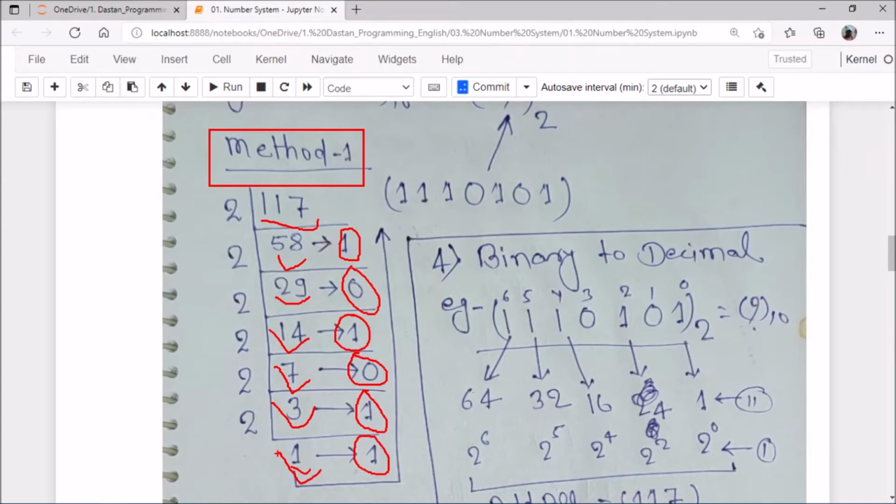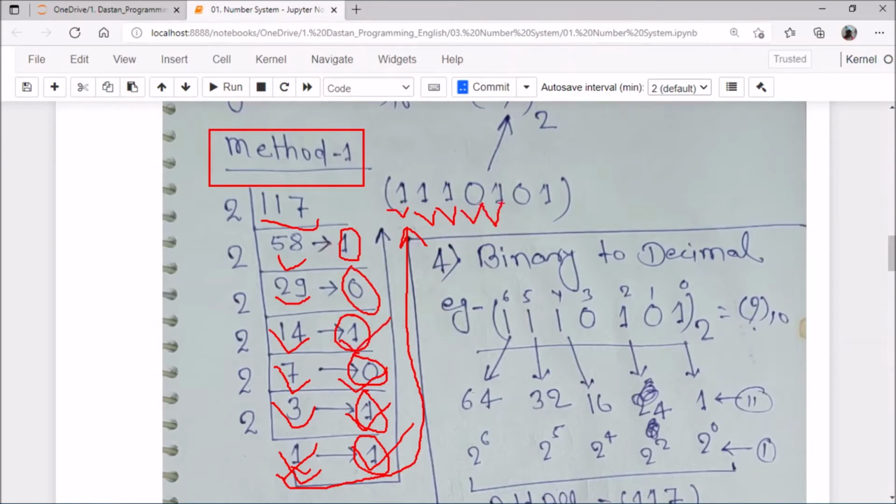So we have to divide until we get remainder 1 or 0. Then the answer should be written like this, from down to top. First this one I have written here, then again this one, then again 1, then 0, then 1, then 0, and then 1.